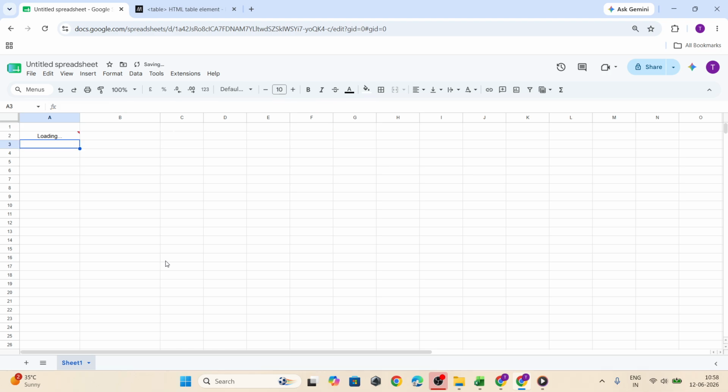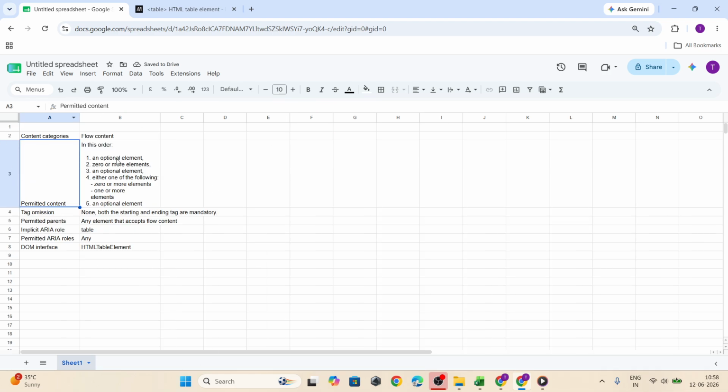With just this simple formula, you can quickly bring web-based table data into Google Sheets and work with it more